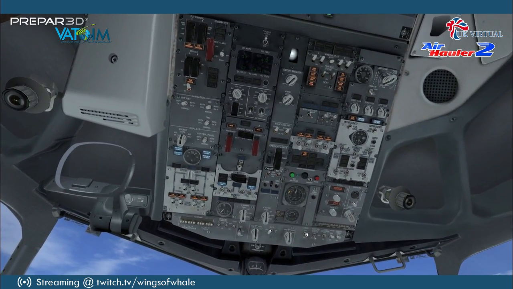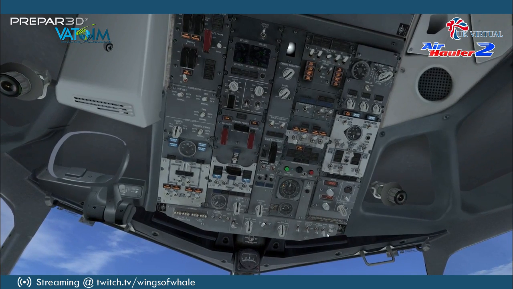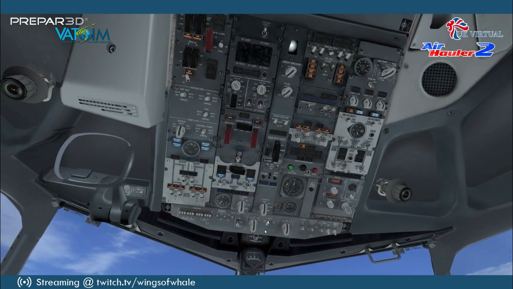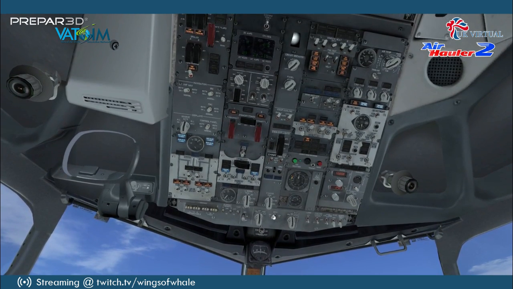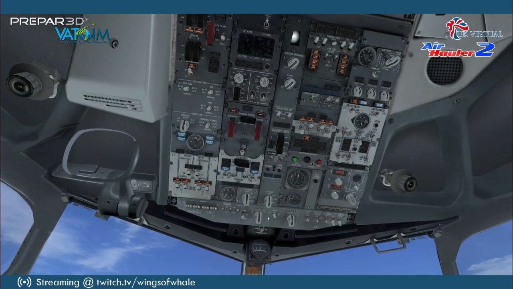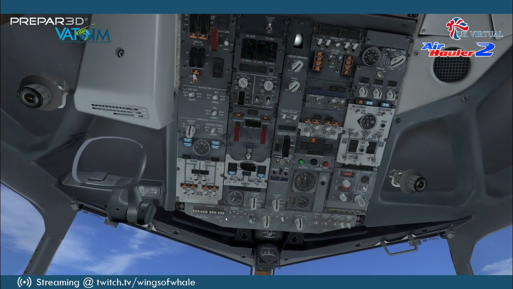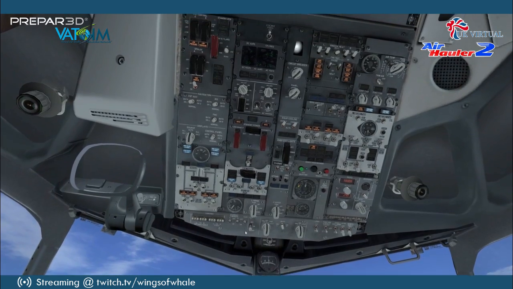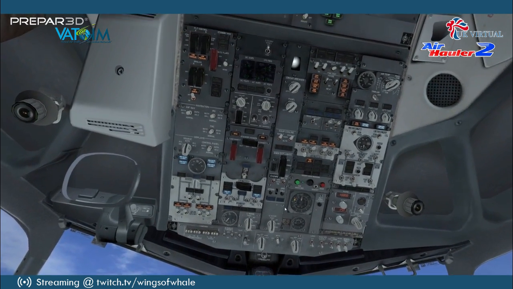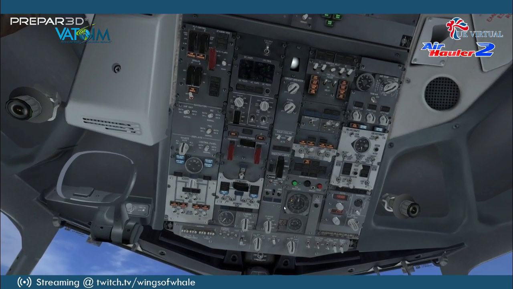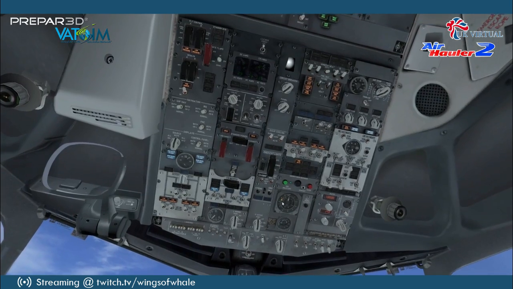And we can now continue the rest of the procedures. So I usually start my lights now, the logo, beacon lights, strobe lights, etc. And then I'll pop the engine selector switch to both, just so we're ready on that for engine startup. And because we've got APU now, you would generally go and configure your flight plan and get